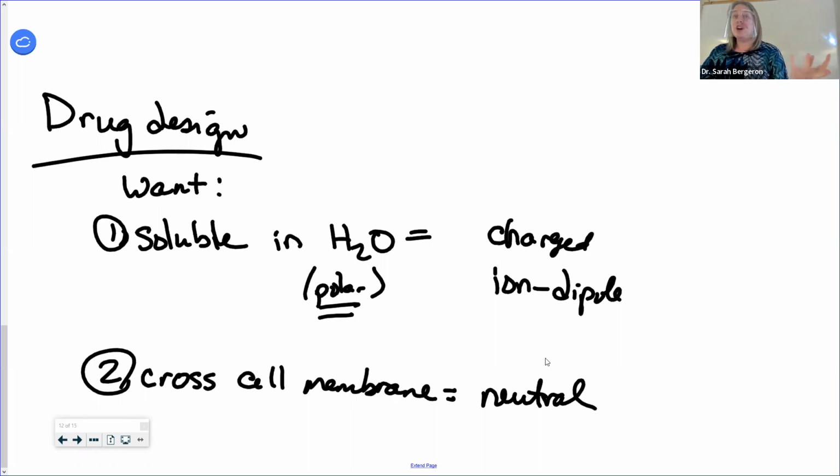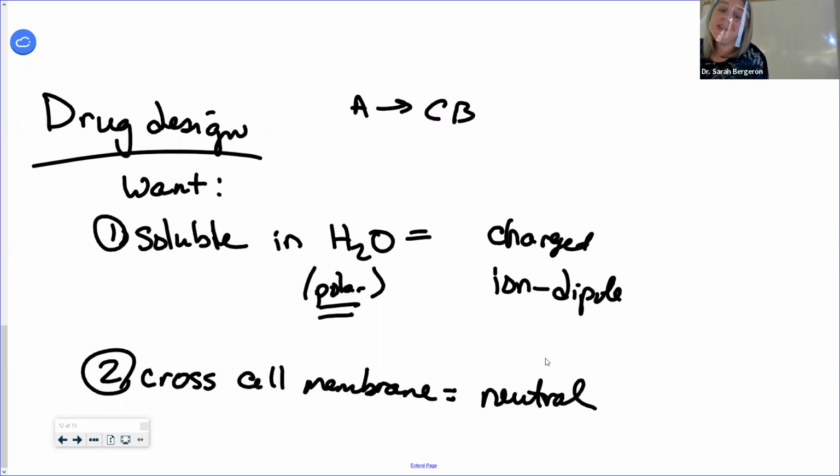How can I go from a charged to an uncharged? We did this today. We went from an acid form to a conjugate base. Well, not necessarily neutralization, but just converting that drug from the acid form to the conjugate base form. You can go from a charged form to a neutral or a neutral to a charged, either way, right? So all of this happens when you go from an acid form to the conjugate base.